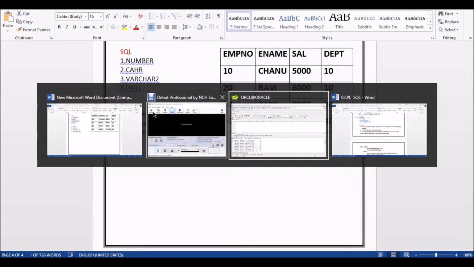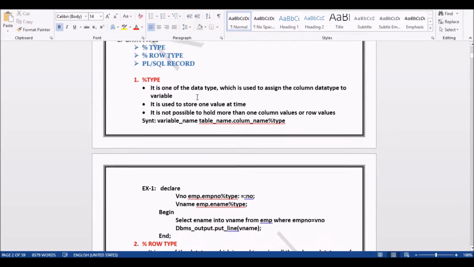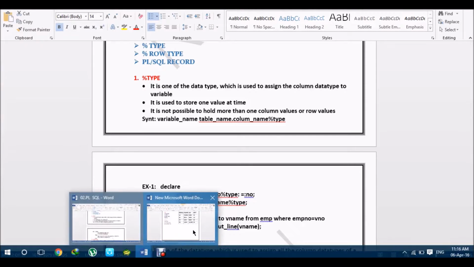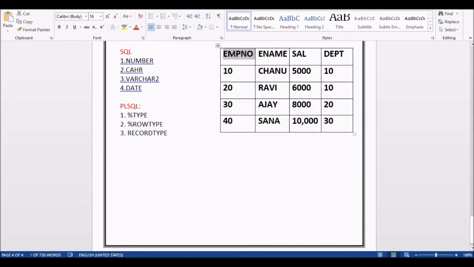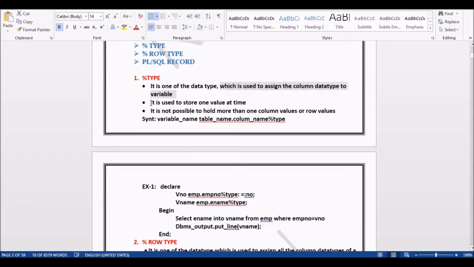Let us see this in theory. %TYPE is one of the data types which is used to assign a column's data type to a variable. As I said previously, it is used to store one value at a time.